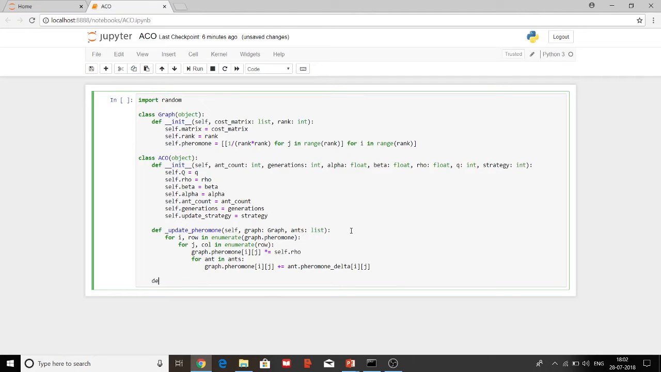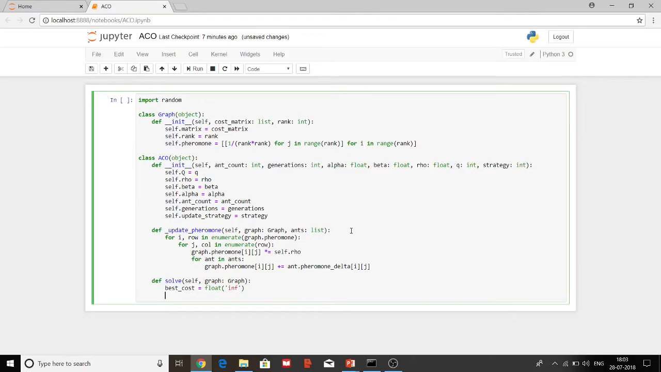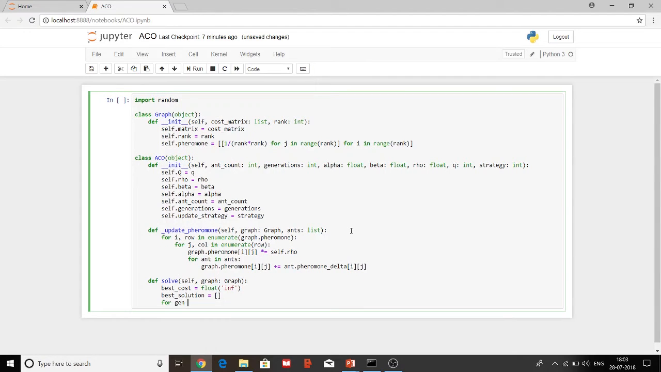Then we go to the command for solving: def solve(self, graph). This will implement our solver function, so this is the extension of our solver. Set best cost equal to float('inf'); we are setting the initial cost to infinity. Then best solution. For gen in range(self.generations)